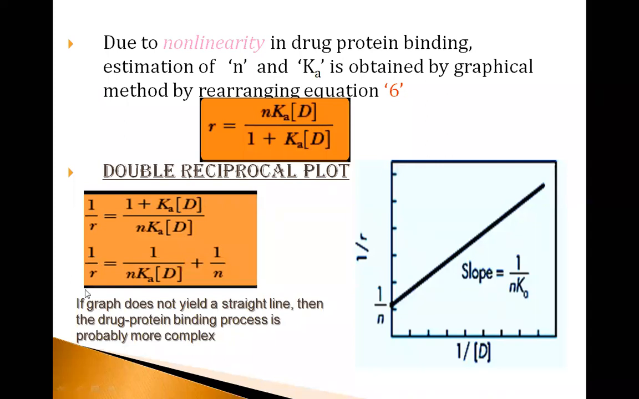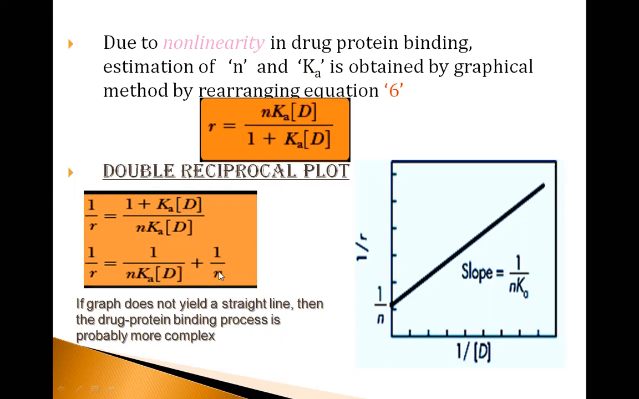So y is 1 by r, mx is this one, and this is c. C is the intercept. I don't know how much you can understand this; next time I'll draw that and show it in the PPT. What is the straight line equation? y is equal to mx plus c, where y is the y-axis, x is the x-axis, m is the slope and c is the intercept. Here m is the slope, x is 1 by d, plus the intercept value, which is